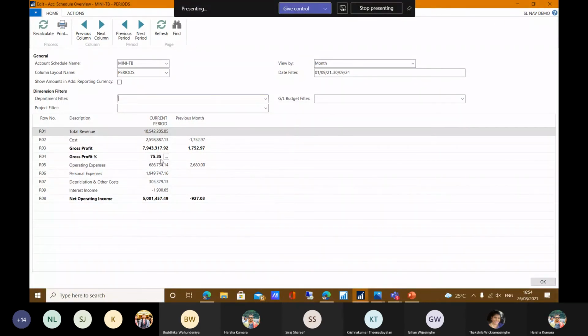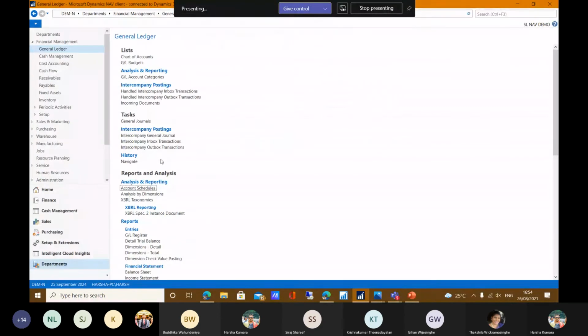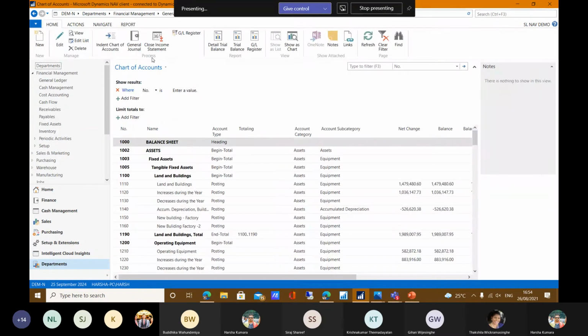Using the account schedule fast tab, we will discuss in our next webinars what functions are available in the account schedules feature. These all are related with the chart of accounts, and in the chart of accounts we also have consolidation and intercompany transactions. Those we have to discuss in separate webinars, and our team will show you all the figures and all the modules in NAV in our next discussion. Okay, that is it for today for the chart of accounts basic functionalities in NAV D365, Navision D365.